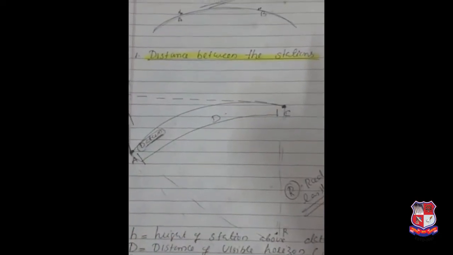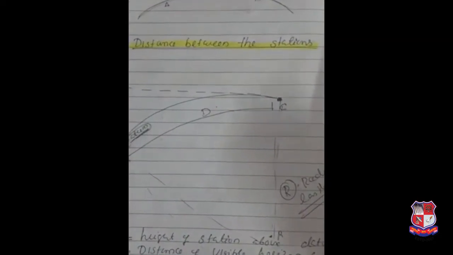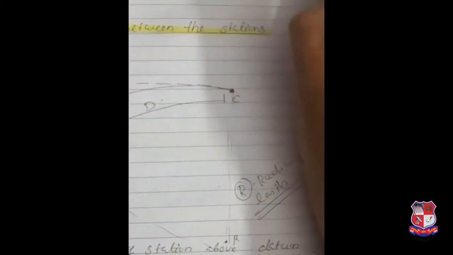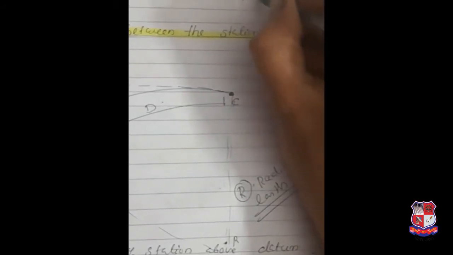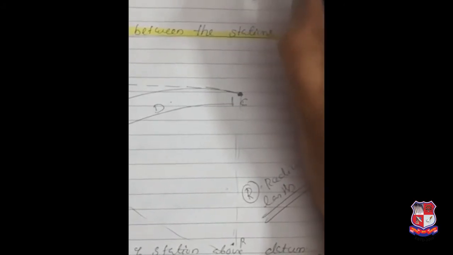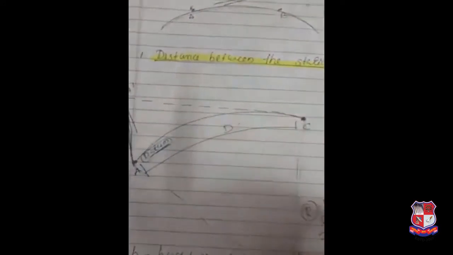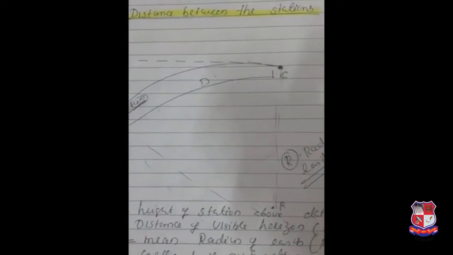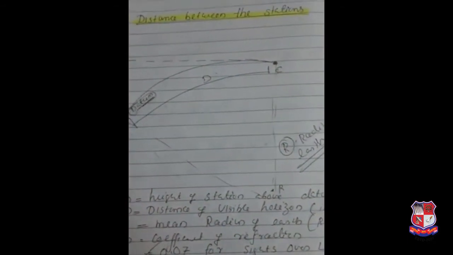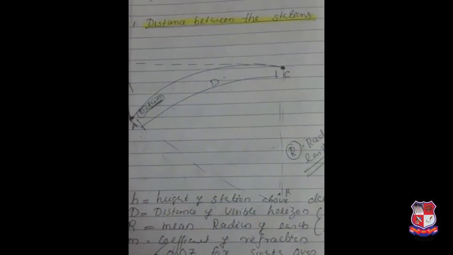Now, the very important portion is intervisibility of triangular stations. What is intervisible? Intervisible means one triangular station is here, another one is here. From A, is this point visible or not? If this point is visible from this point, that is known as intervisibility of two stations. In that, first you have to study the distance between stations. There are only 2-3 formulas, just use those formulas. You just have to understand the concept and you can directly study the formulas.